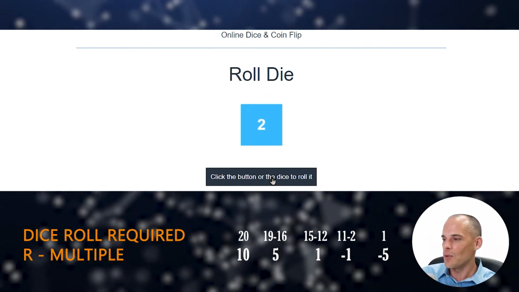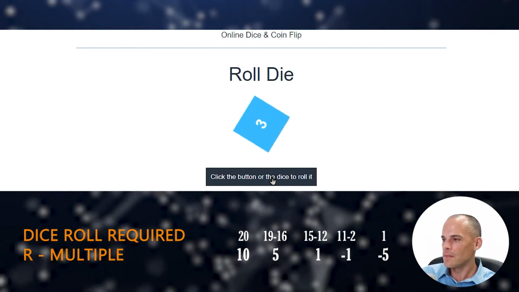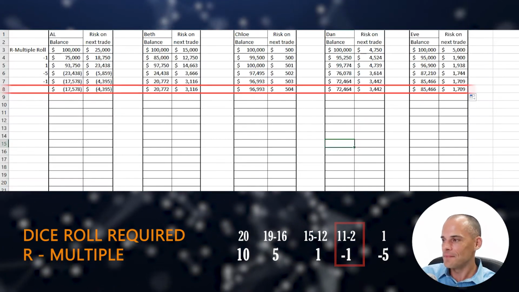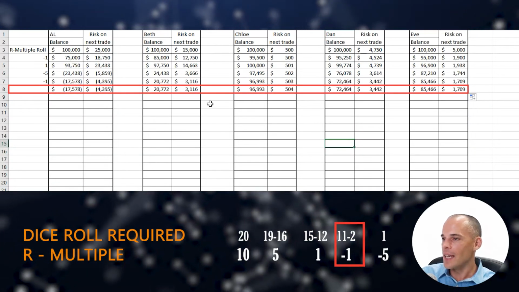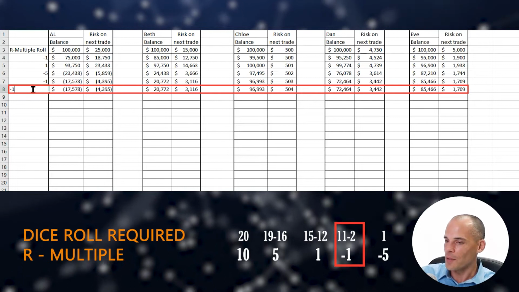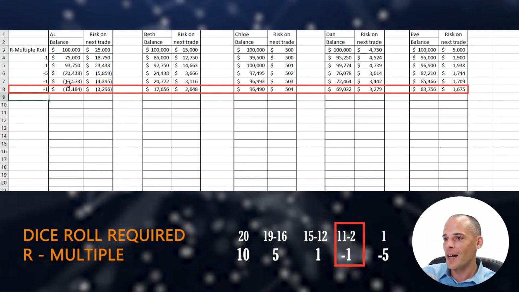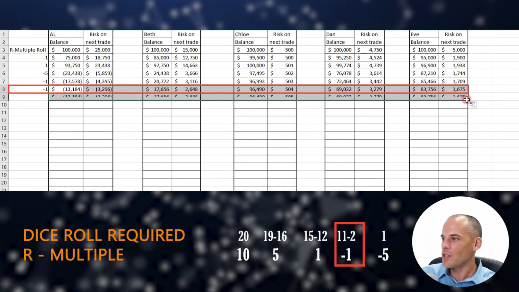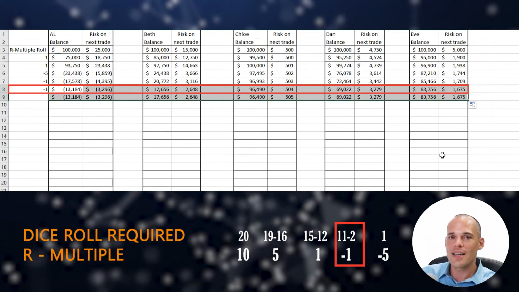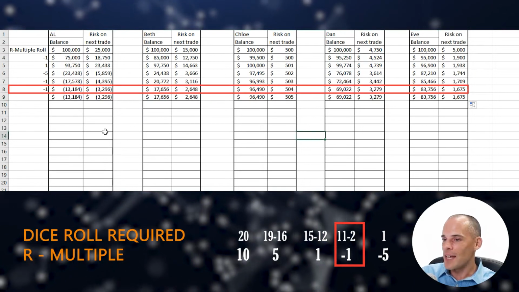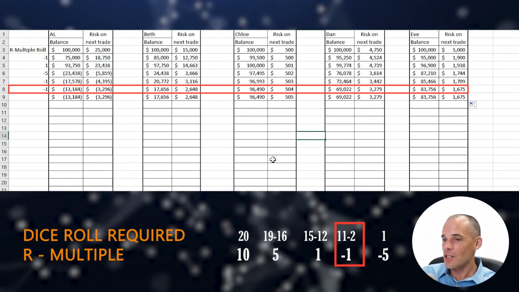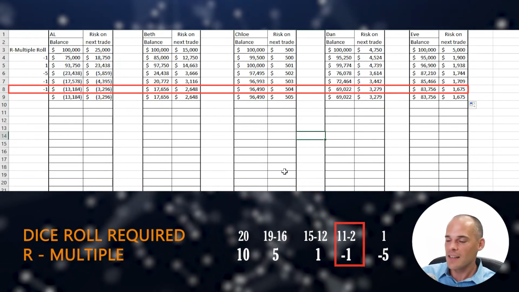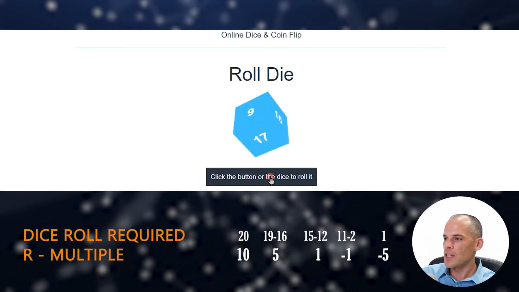Okay, next dice roll. A 9. A 9 is a -1 also. So we are having a bit of a losing streak at the moment. It's not uncommon though. If you guys have taken notice on this system, the system actually wins only about 45% of the time. So take note of that. It's a very interesting fact that you can actually make money on systems that win less than 50% of the time.